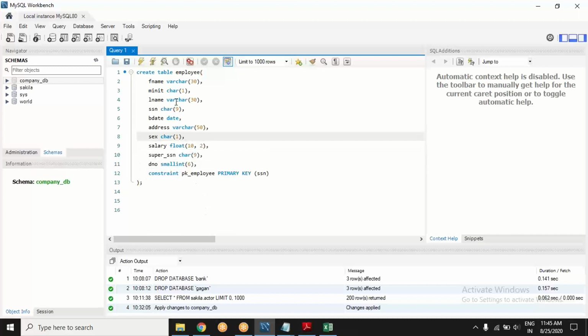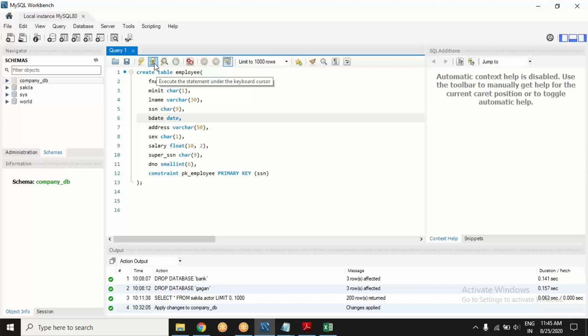How do we execute? You can simply execute by Control Enter, or you can keep your cursor somewhere in this query, maybe at the start, middle or end, and execute by this sign, a lightning sign with an I in between.